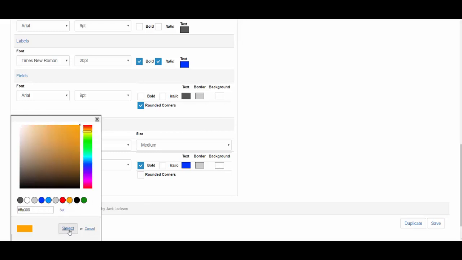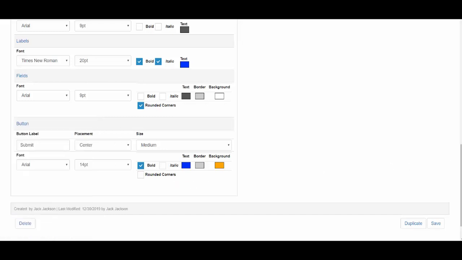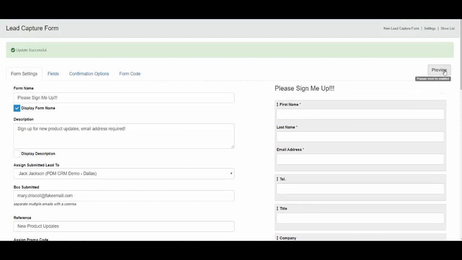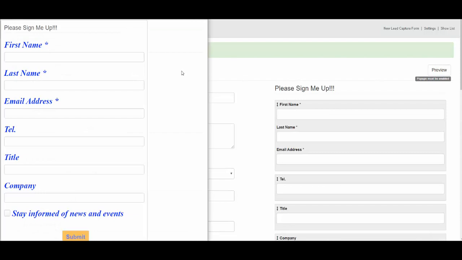And I'll select this color, click select, exit out of this, and now I can go in and preview and get a better feel for what it looks like now. I'll click on preview, and now I can see the impact of my changes. I can see that all of my fields, right down to my submit button, are visible based on the lengthening of the form, and I see the modification to the size and type and coloring of the field label as well. So there's a lot that you can do here to stylize it and make sure that it meets the